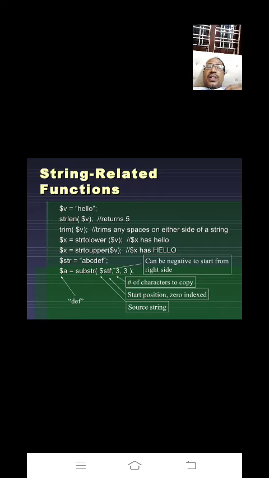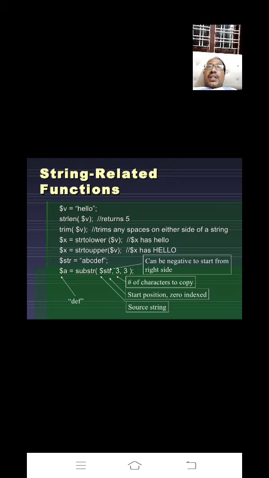Here $v is equal to hello, and you wrote strlen($v), so it substitutes the value hello in place of $v and counts the number of characters. How many characters in hello? 5. So you will get 5. The strlen function, meaning string length function, is used for finding how many characters are there in the given string.